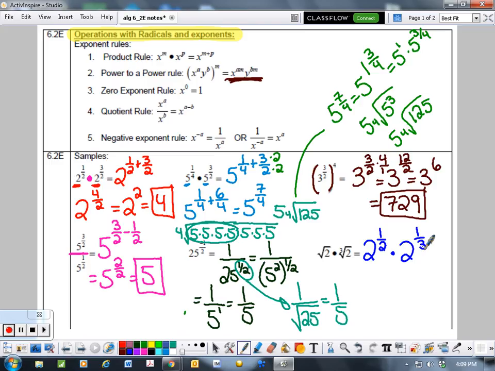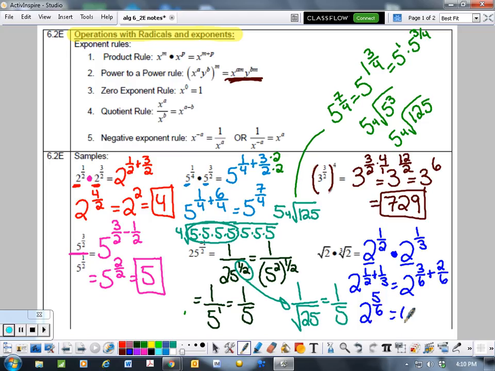Normally you wouldn't think that you can combine these, but now that we know our rules, I can write those as fractional exponents and add them, because this is a multiplication and they're both the same base. So this is really 2 to the 1/2 plus 1/3. And I can add those if they have a common denominator. So let's make a common denominator of 6. 1/2 is really 3/6, and 1/3 is really 2/6. And so now when I combine them, I get 2 to the 5/6 power,